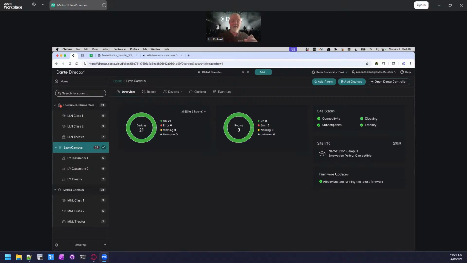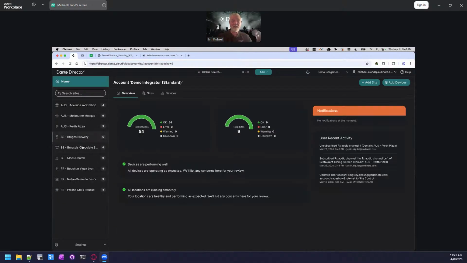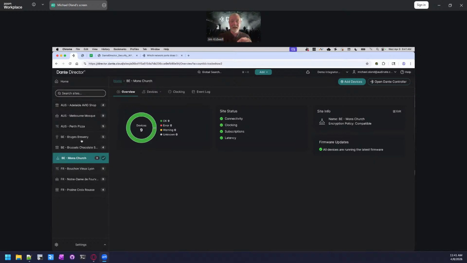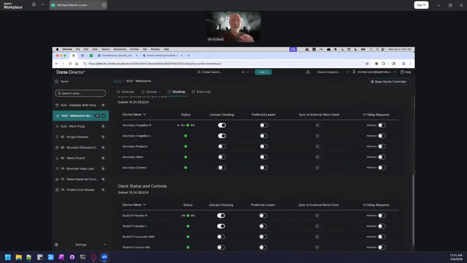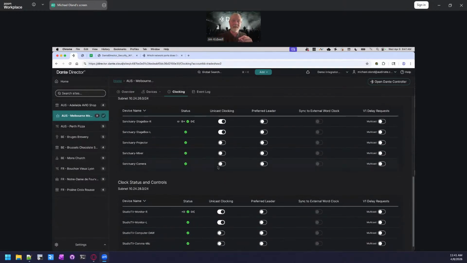So if you have a private WAN that is supported with dark fiber connecting all of your different sites, you can do it using Dante Domain Manager. It's not currently implemented within Dante Director yet, but you can set up the ability to send signals from location to location. You just need to be able to keep the latency between devices below 40 milliseconds.